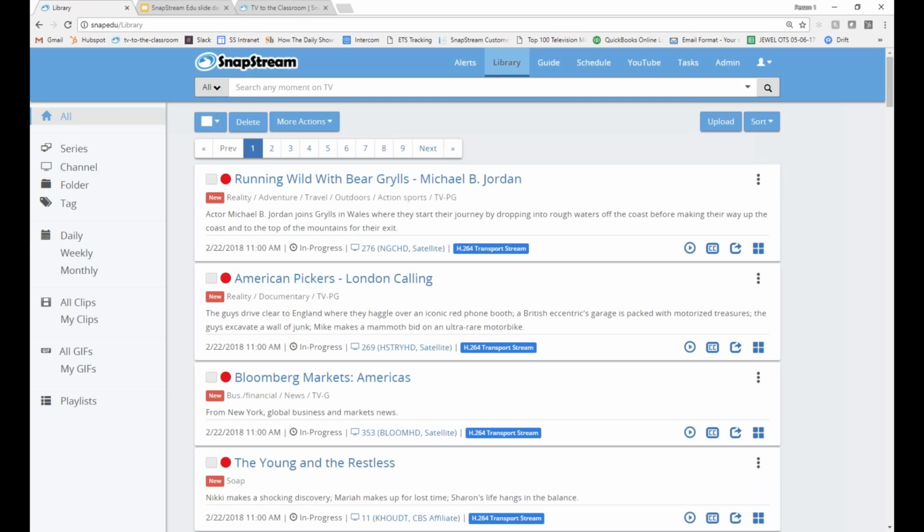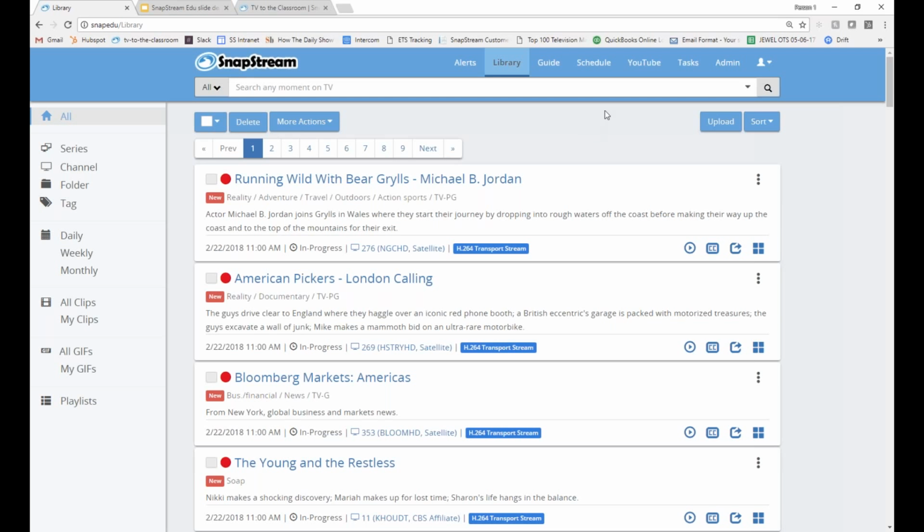So back to the library for a second. There is one way, or there's a couple of ways, but there's a primary way in which you can share stuff outside the system if you choose to, though I do emphasize that about 95% of what I'm going over here is intentionally meant to be contained to your local network. Which is typically advantageous for administrators and IT folks because you are not sending anybody to the internet to access anything related to SnapStream.